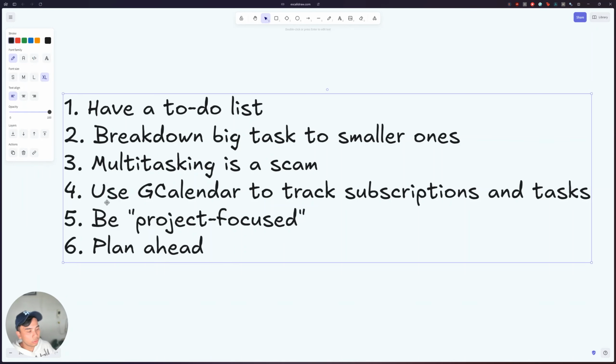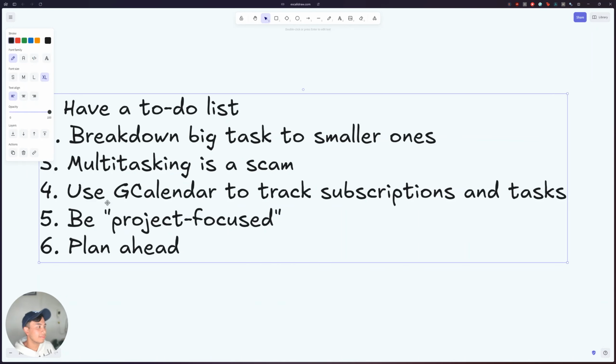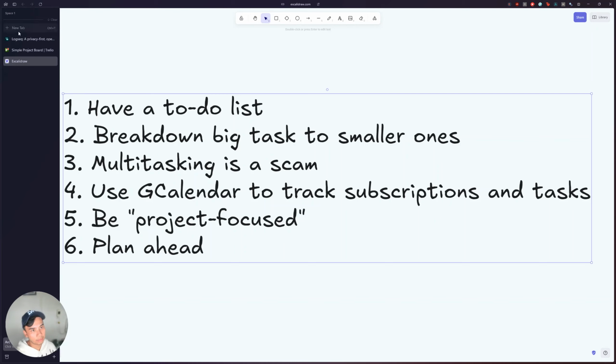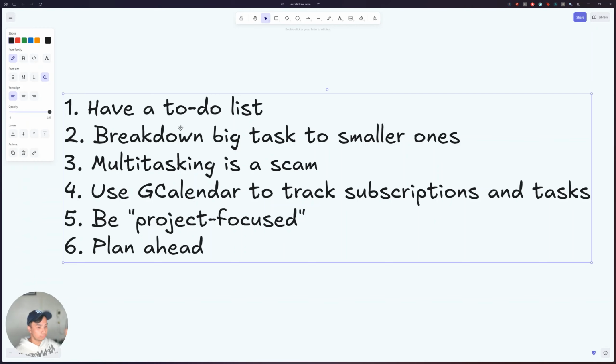Number four, use Google Calendar to track subscriptions and tasks. Now, this is another habit that I am forming, aside from putting everything on my checklist. The moment that it is deadline based, I go to Google Calendar and I just put the event there.